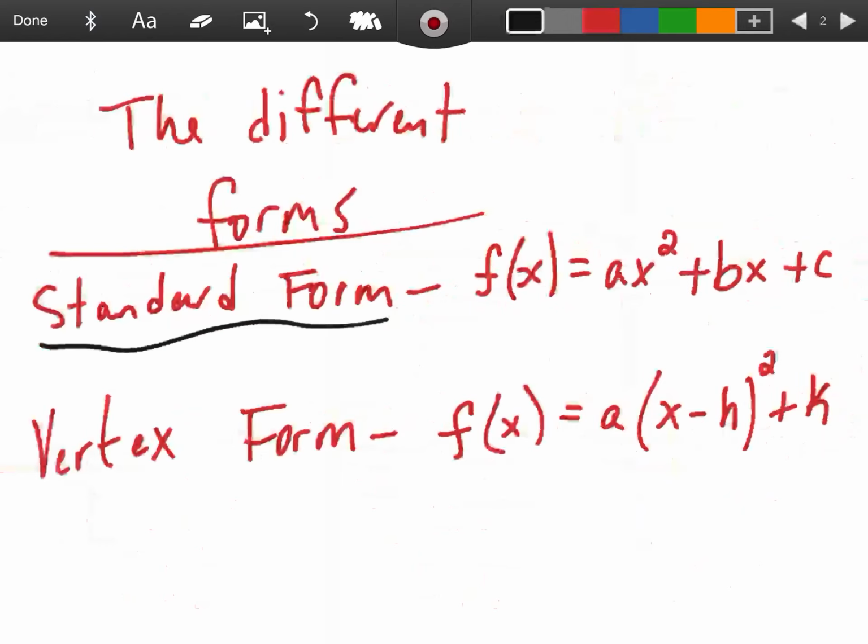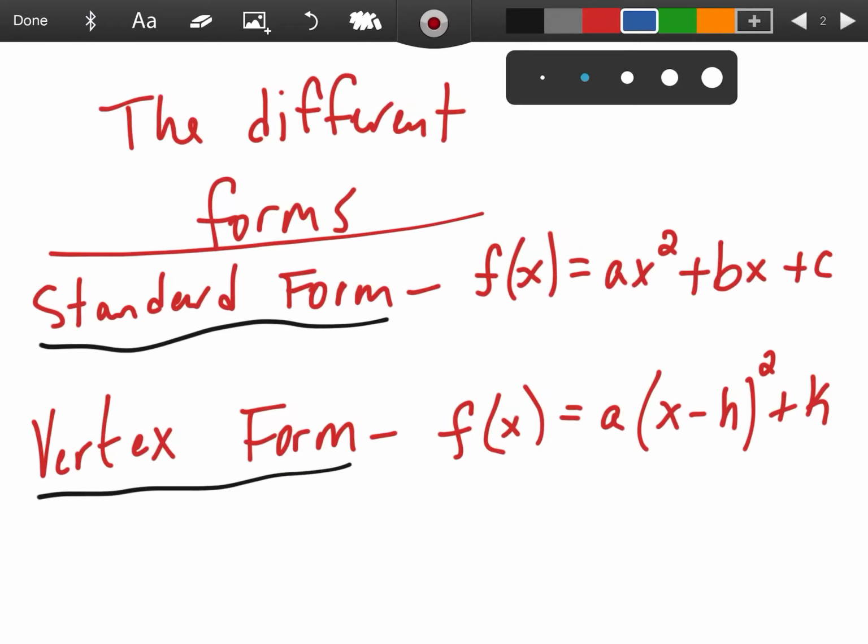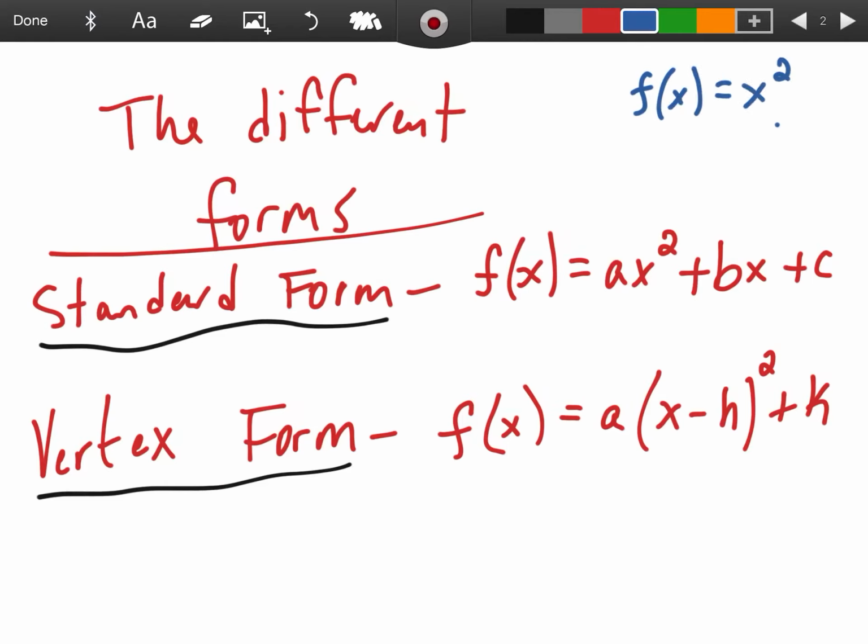All right, we're now going to take a look at vertex form, and the cool thing with vertex form is that vertex form, looking at it, a times x minus h squared plus k, really relates to transformations, which we were just doing. If we have this basic function, f of x equals x squared, we know its vertex is at 0, 0. Well, down here, x minus h, we know that shifts it to the right h, so my vertex x value is going to be h, and then the plus k is going to shift it up